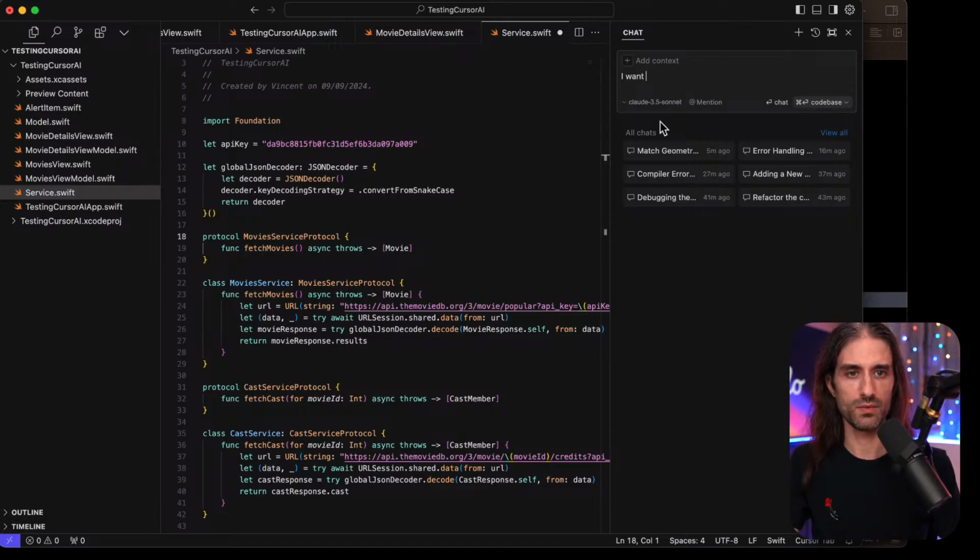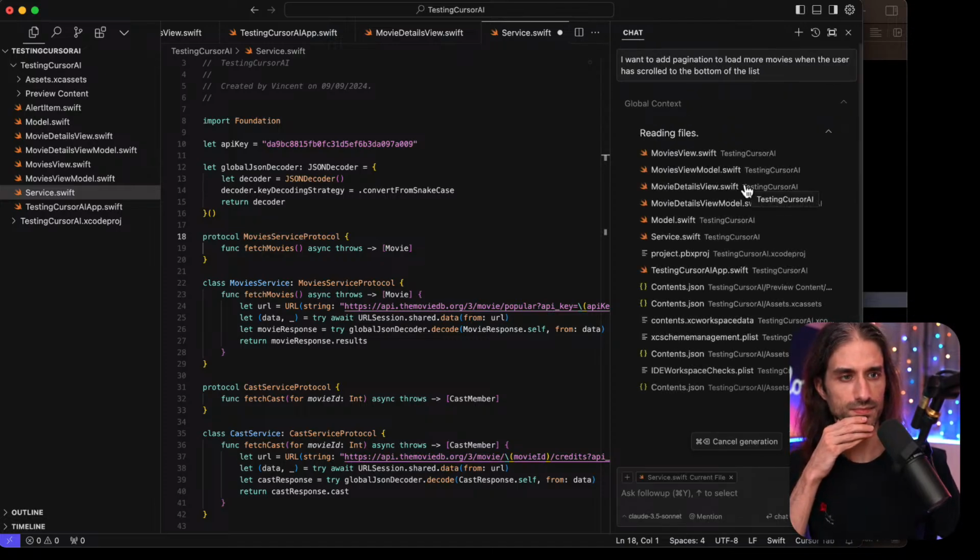No, I want to add pagination to load more movies when the user has scrolled to the bottom of the list, and then asking the code base.